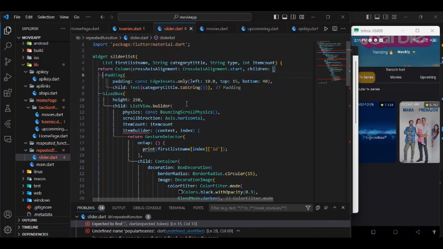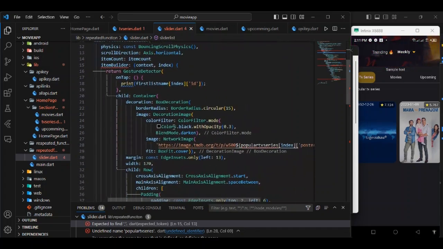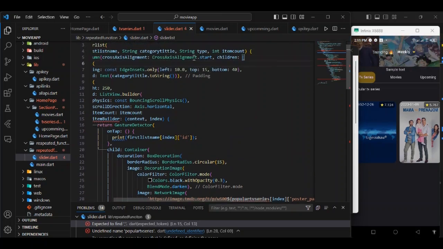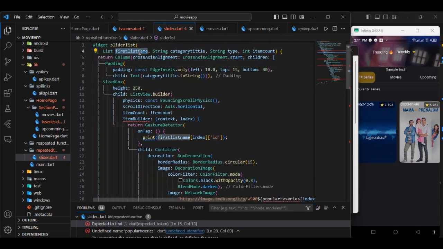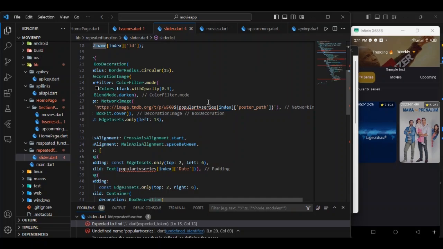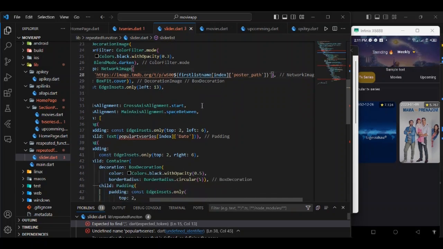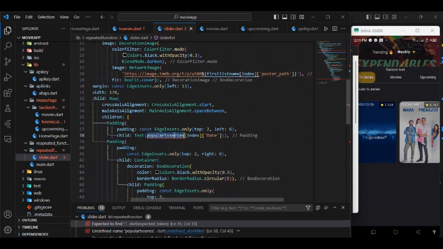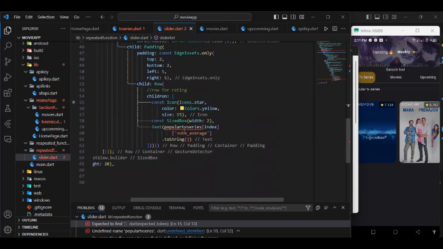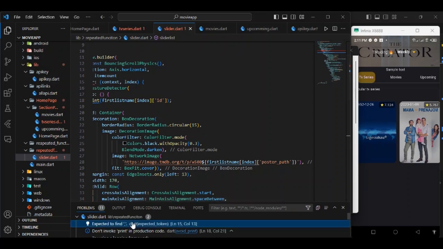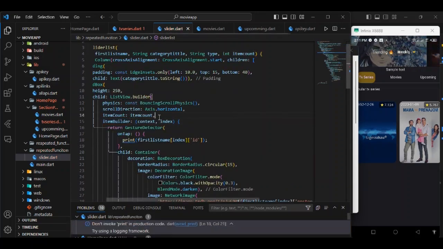Okay, and item builder, so I have to replace this popular TV series with first list name, and first list name. Okay, now I think I'm good to go. Okay, item count,